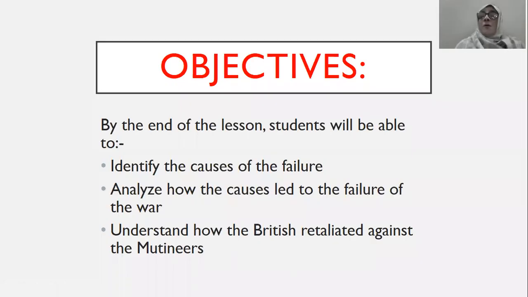Okay. Now, as you study, you will understand what events led to the failure, what our weaknesses were, what the strength of the Britishers was, and how we could have won this war, but because of our own weaknesses, our own reasons that were not so important, we lost this war.